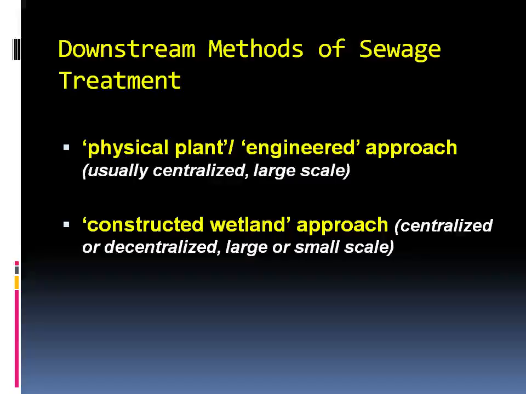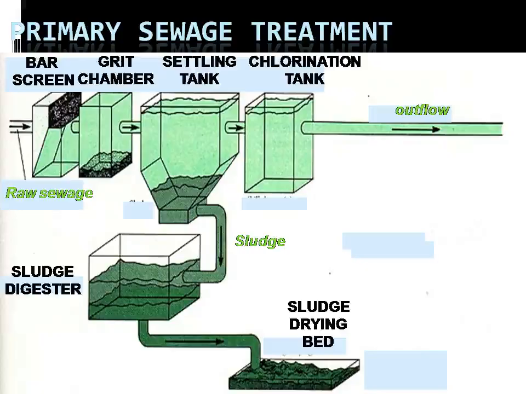However, primary treatment is normally carried out in a series of steps. The first step is screening. Here, large floating objects are removed by passing the wastewater through screens. Some plants use a device called a comminutor, which screens as well as grinds the material. The shredded or ground material remains in the water to be removed later in a settling tank.